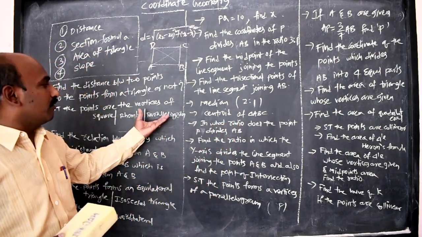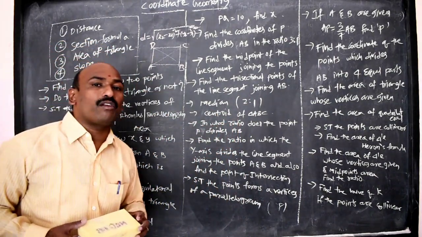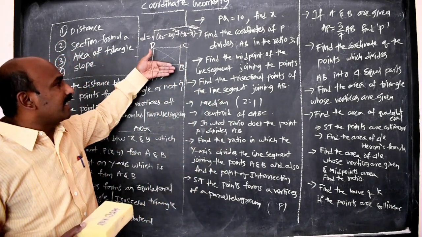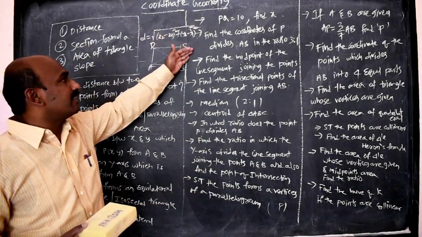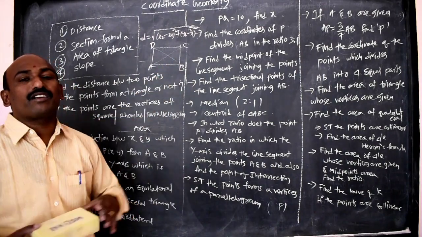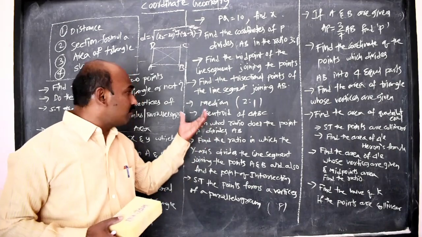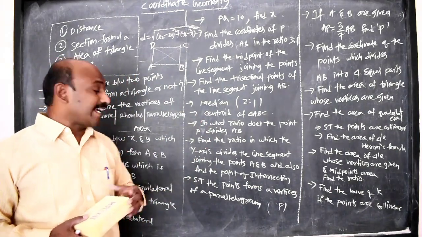If we want to show that the vertices form a parallelogram, the same concept. All sides, here we will get opposite sides equal in distance and diagonals not equal, then we conclude that it is a parallelogram. If opposite sides are equal and diagonals are also equal, we can say that it is a rectangle.